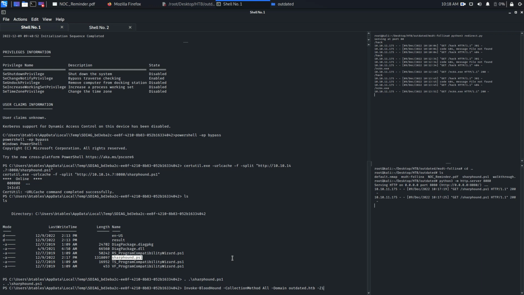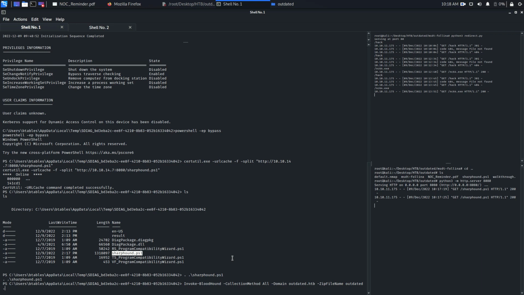So ZipFileName, and I'm going to name it outdated.zip. Fine, hit enter,